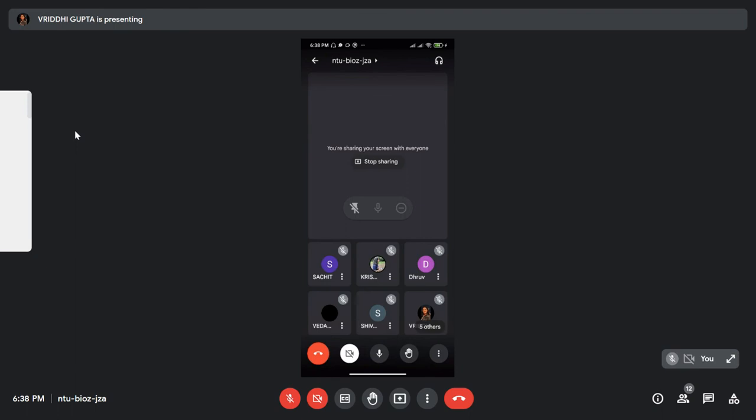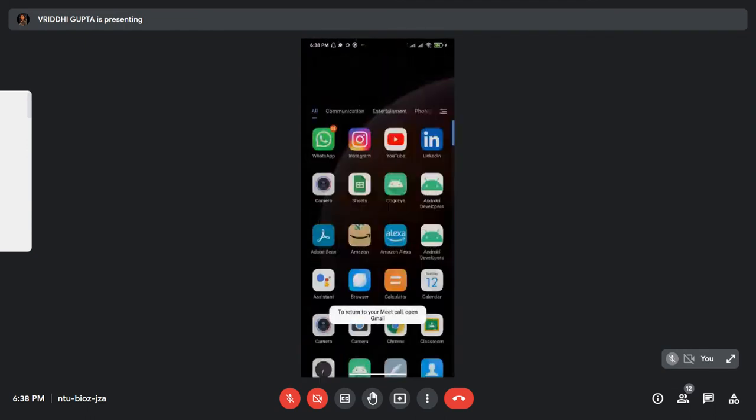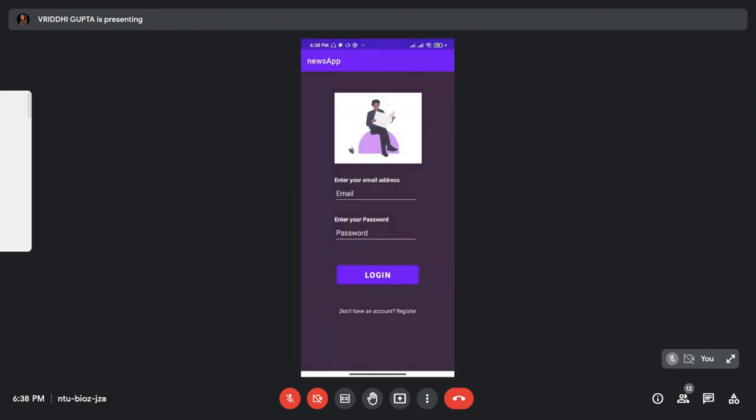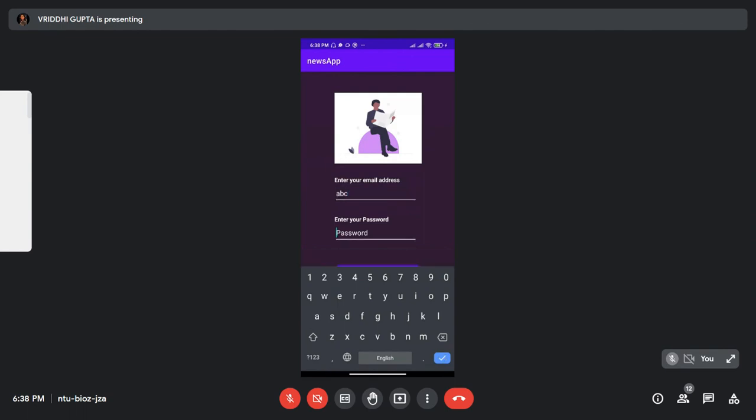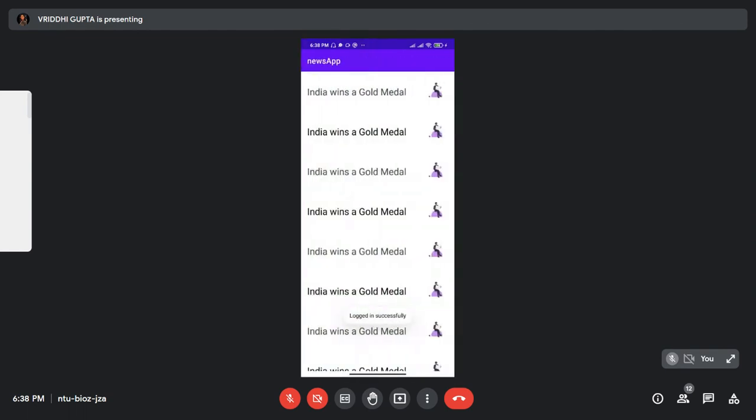So I have already built that particular project and installed it in my Android phone. Now let's check if I'm able to use it. See, the first login page appears. I'll put some random stuff over here, and then I'll click on login. After logging in, you get this recycler view. Now this list is not an activity.